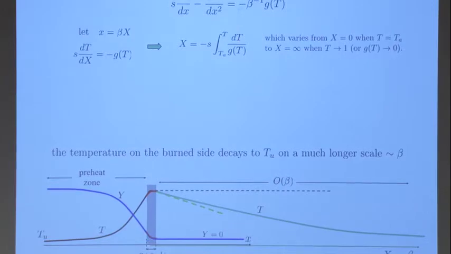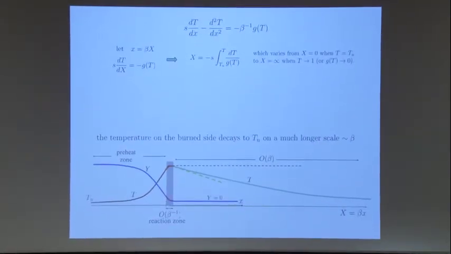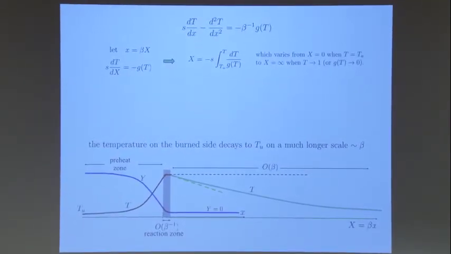Because the heat loss is small, it takes a long distance for the temperature to decay to the unburned temperature. And when you introduce this large scale, you obtain that indeed the solution drops as the solid green line indicates. So there is a very compact solution